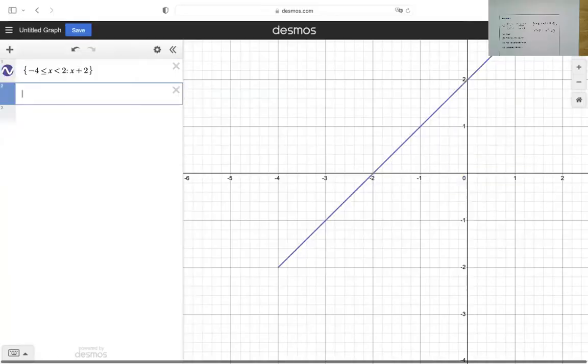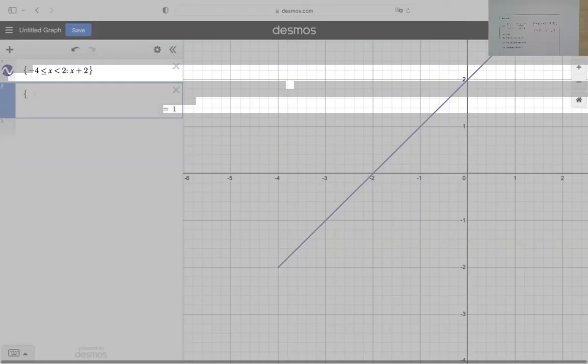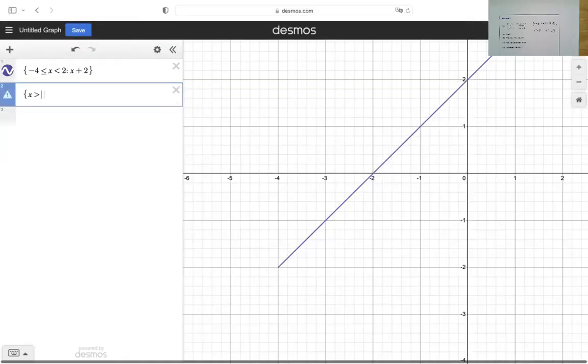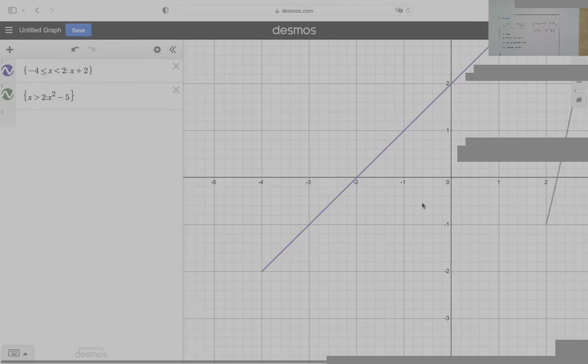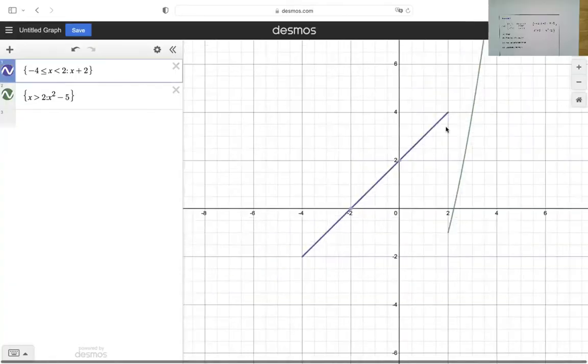If I were to close that and just give you another one, bracket, x is greater than 2, colon, x squared minus 5, close that one. It'll work. You can still see how this one ends right where this one starts, but when I go to make my table,